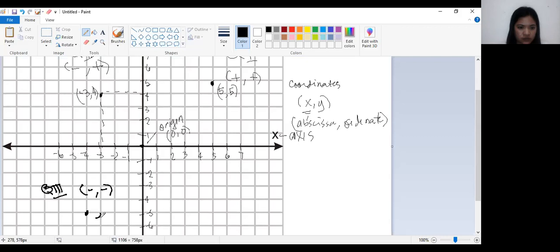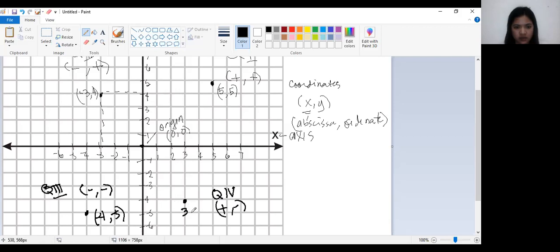Okay, negative 4 and negative 5. Okay, next here we have down right. We have quadrant 4. Okay, so x is positive, y is negative. Okay, so kung meron kang point dito, ano ba? Tingnan natin. 3, you can see